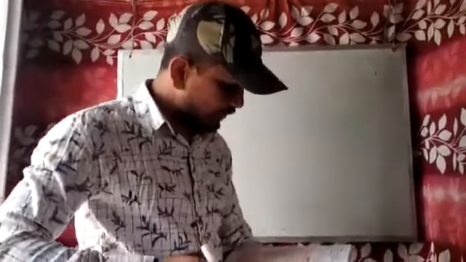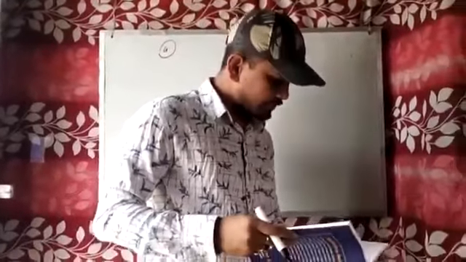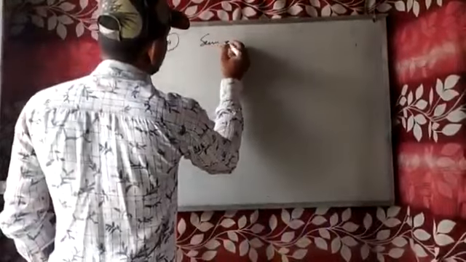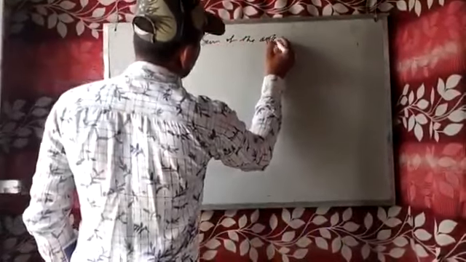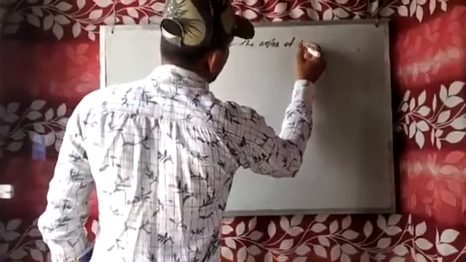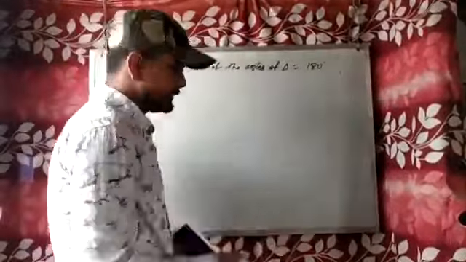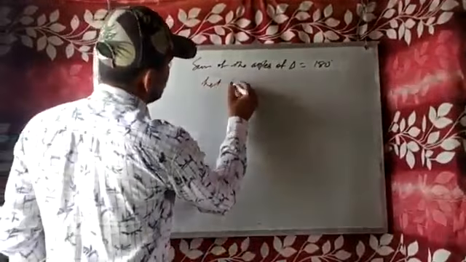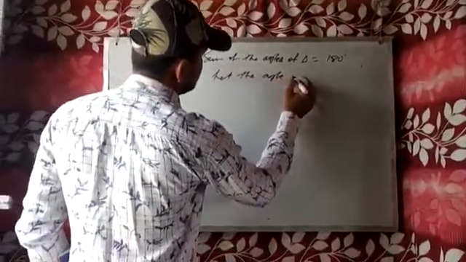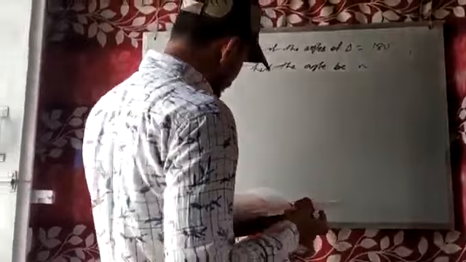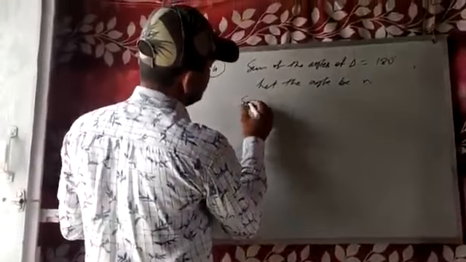The angles of a triangle are in the ratio 3:2:7. Okay, sum of the angles of triangle is equal to 180 degree, as we know. Okay, sum of all angles of triangle is equal to 180 degree. And now let the angle be x. Okay, now ratio is given of the angle 3:2:7. So we can write,